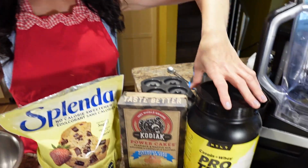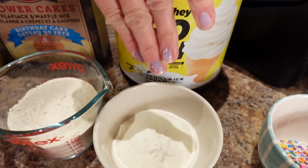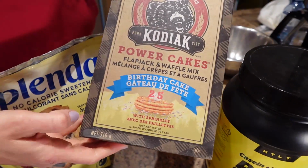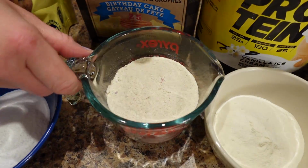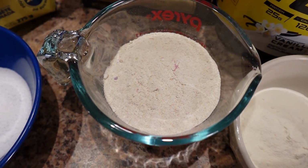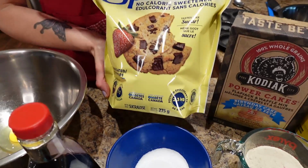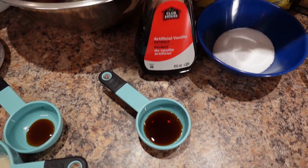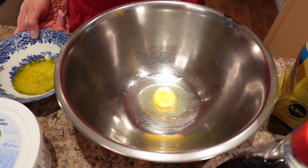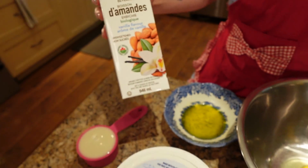Preheated oven, 350 degrees. Then we got, this time I'm using vanilla ice cream protein powder, 1 scoop. And look at how cool this is. Kodiak Cakes, the birthday cake one, 1 cup. And look, it has sprinkles in it, which is so cool. We need a 1/4 cup of sweetener. I'm using the Splenda one. A teaspoon of vanilla, a large egg, 2 tablespoons of light margarine melted, and 1/2 cup of the unsweetened vanilla